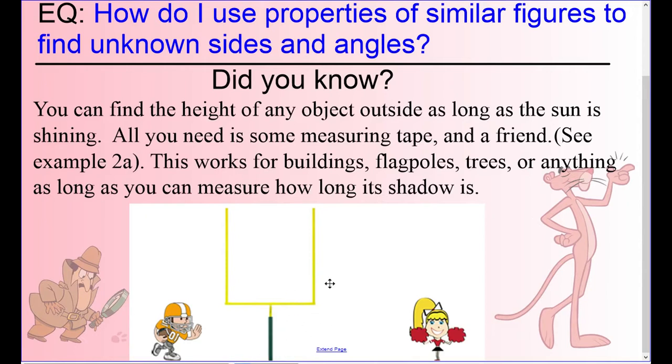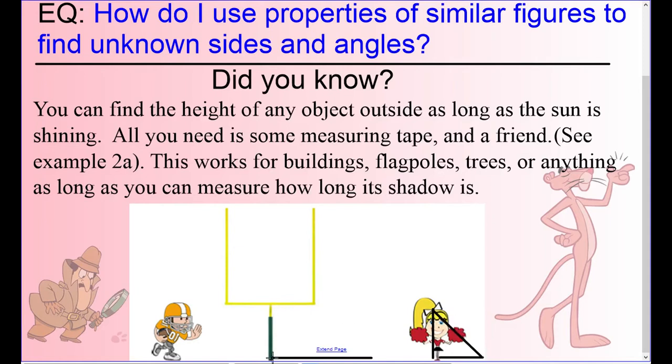So, for example, if you wanted to measure how tall, say, this cheerleader was, if you could measure her shadow and the shadow of the flagpole, you can figure out how tall it is. If you want to know how tall the uprights on the football field are, the field goal posts, if you measure its shadow and her shadow, and if you can figure out how tall she is, there's a little